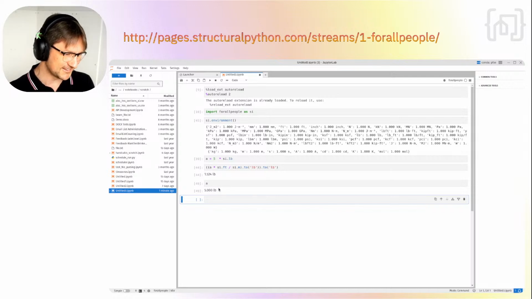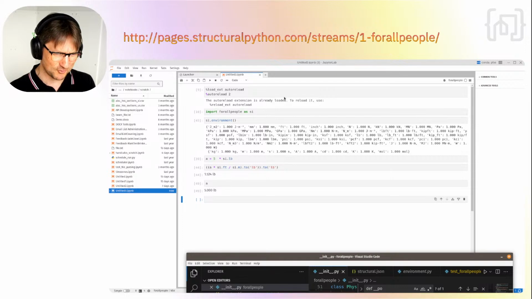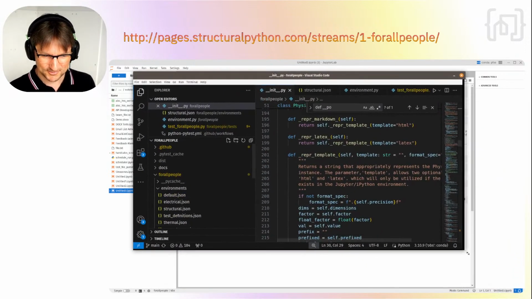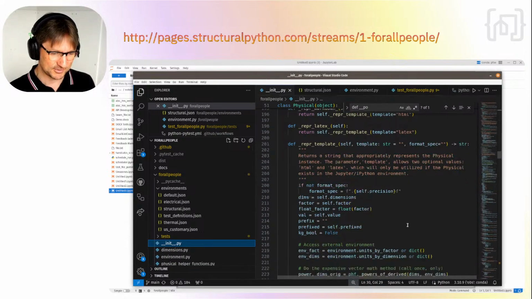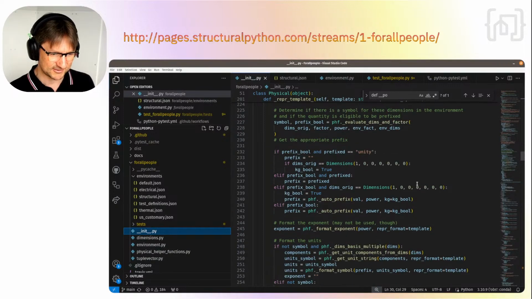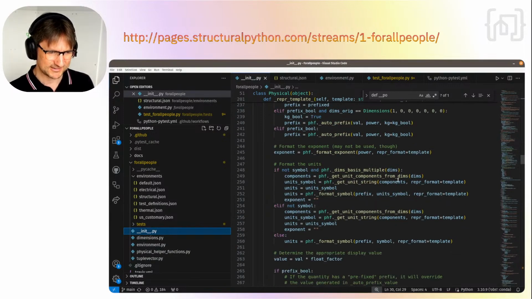And this, just displaying the value in a way that you expect to see it, that's the complicated work of forallpeople, ironically. I say ironic because you'd expect it to be something more, right? But just displaying it is the hard part. So that all gets taken care of in repr template. And of all the code in forallpeople, this is, I think, the most organized, because this is where all the hard work is. And I've organized the heck out of it